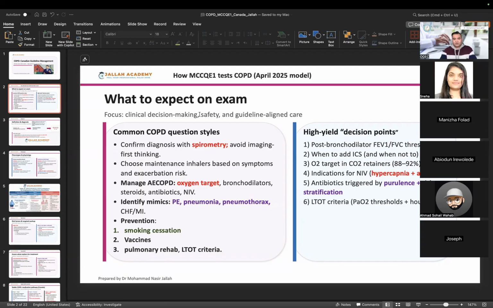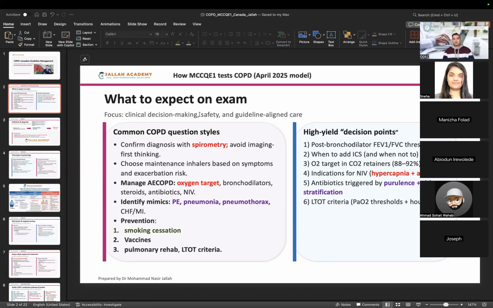All right. So today we're going to discuss COPD and how to go about it, how to diagnose it, how to manage it, how to do the differential diagnosis, and what are the complications that we need to look out for. And at the end, I'm going to give you 10 to 20 points that are essential to know before you attempt the real exam, because those are going to be in the exam and you cannot miss them. So as long as you know those 10 to 20 points, you don't have to worry about COPD. Okay. So let's start with what to expect on the exam.